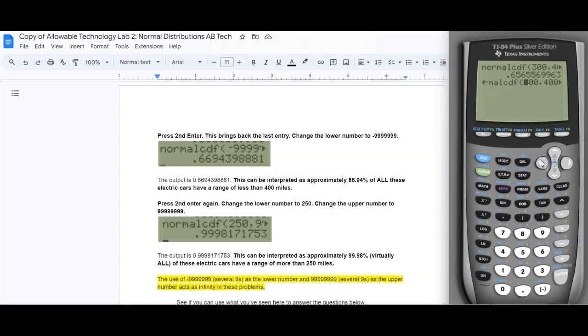So I'm going to change this lower number to negative 999. The way I'm going to do that is I'm going to press negative 99, and see it's overriding, and I'm already up to the comma. I don't want to keep putting in values because I'll start getting into the upper number's position. So I'm going to press second delete, which, if you look above it, says INS for insert,